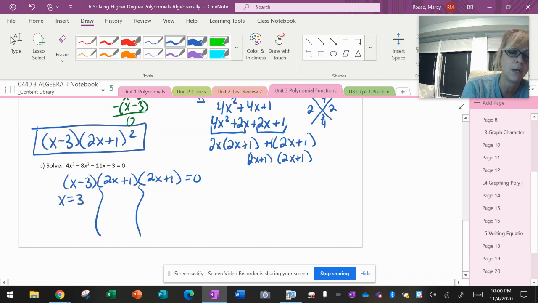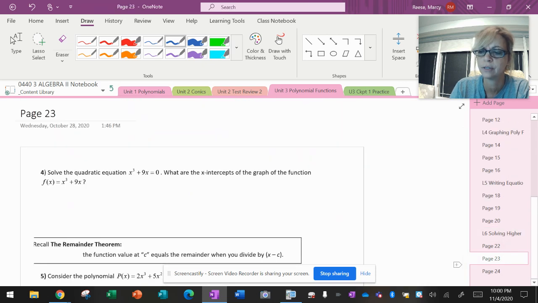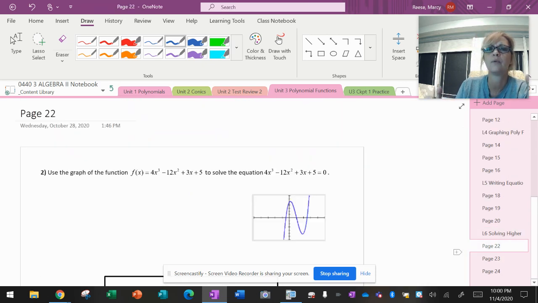And then I would squiggle and solve each one. X equals 3. X equals negative 1/2 twice. And that is my solution: negative 1/2 and 3. That's it. So that's just talking about the differences and how we can do factoring a little differently than you've ever experienced before,